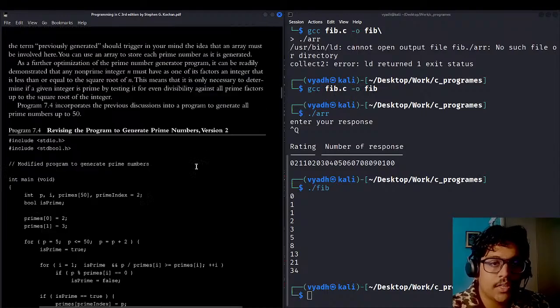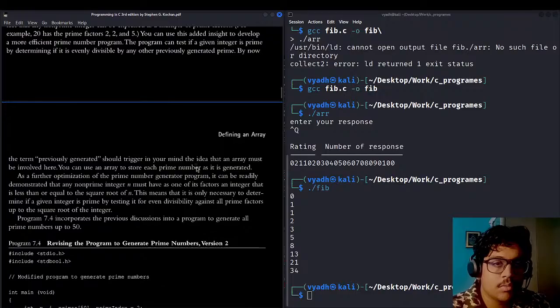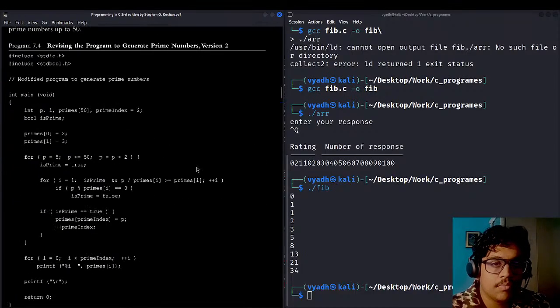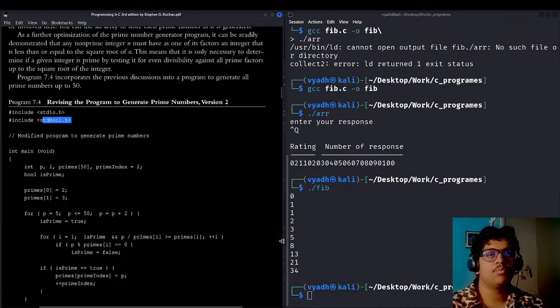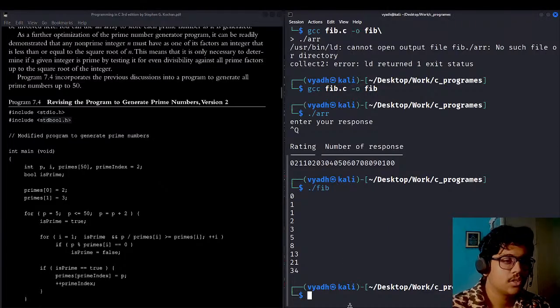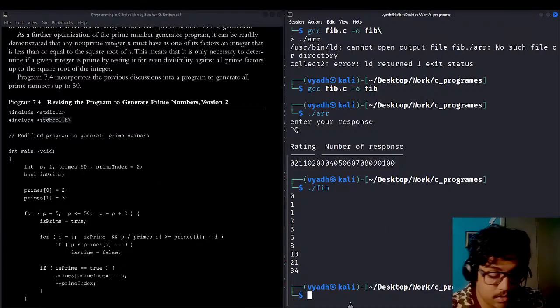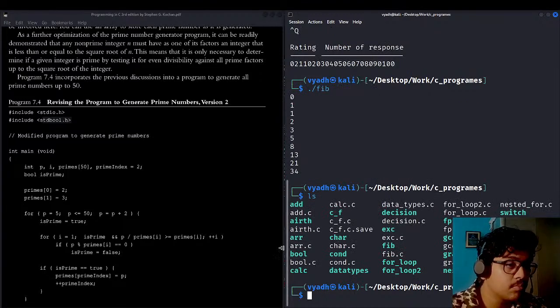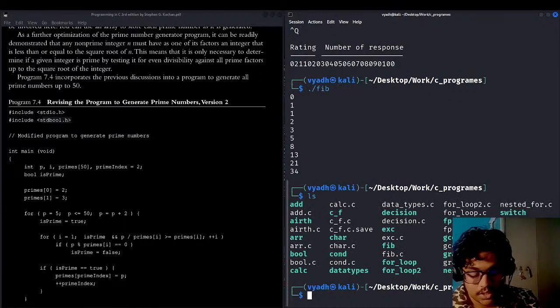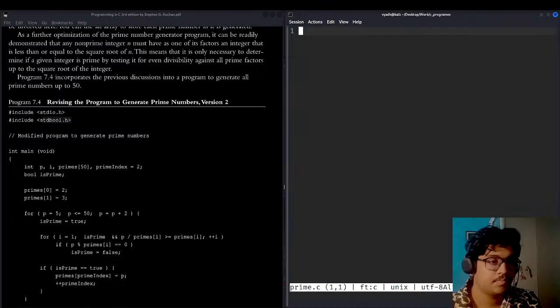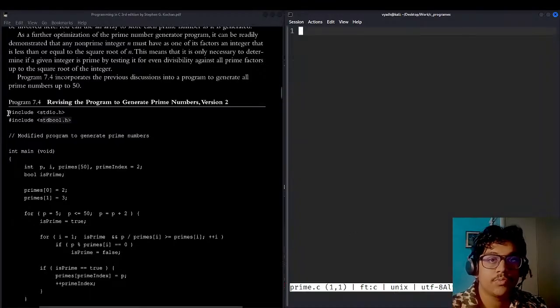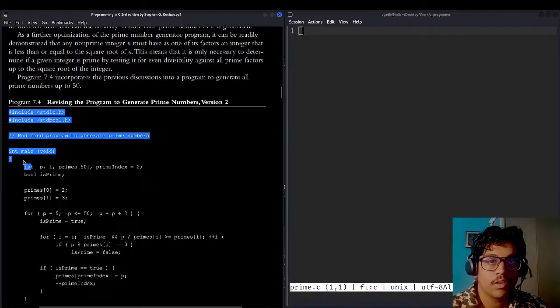Okay, so I think they are using the bool concept here, so that is why they are importing one more library, or using one more header file, that is stdbool.h. Okay, so for that let me do ls. We have prime, something kind of prime, no. So let's just create a program, micro prime dot c. So we are using two files, modified. Okay, so copy till here,